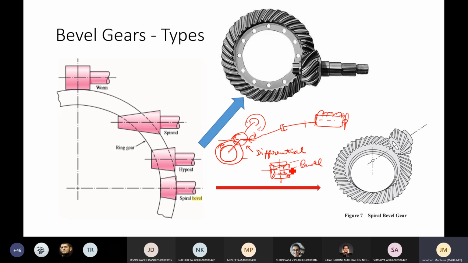The third thing that is highlighted is this type of arrangement. Usually they don't go with spiral bevel, they go with hypoid gears. Now why hypoid? You can easily place this directly here at the spiral bevel, right? Why this position? Offset position. Why is this offset required for us? See, the differential is the last thing that the vehicle would want to touch the ground, right? So there is an amount of clearance between the ground level and the vehicle itself.